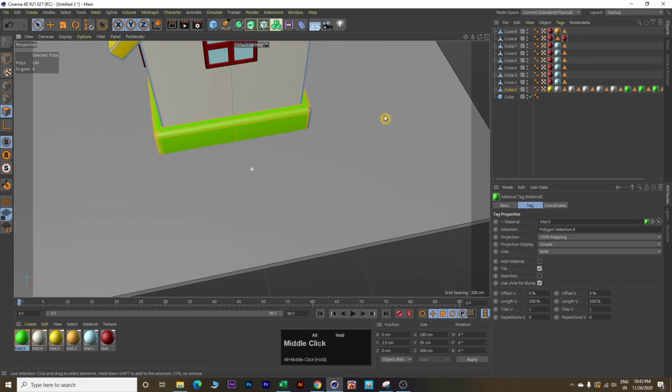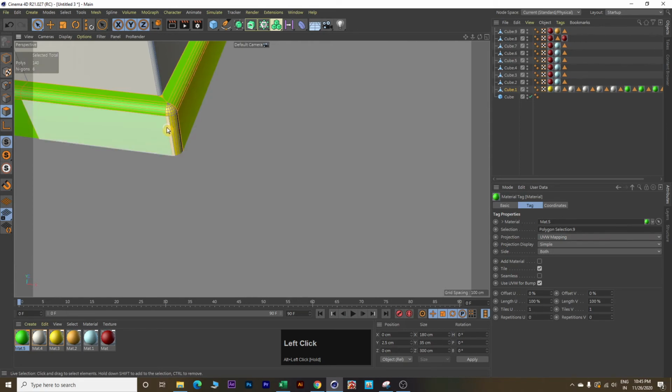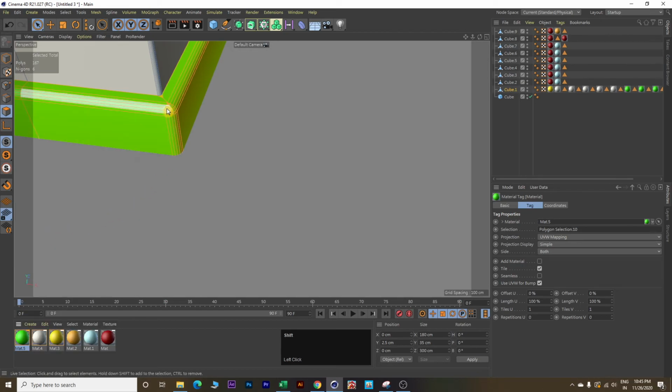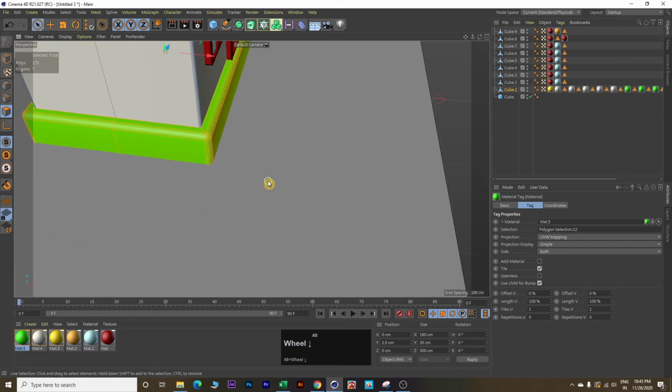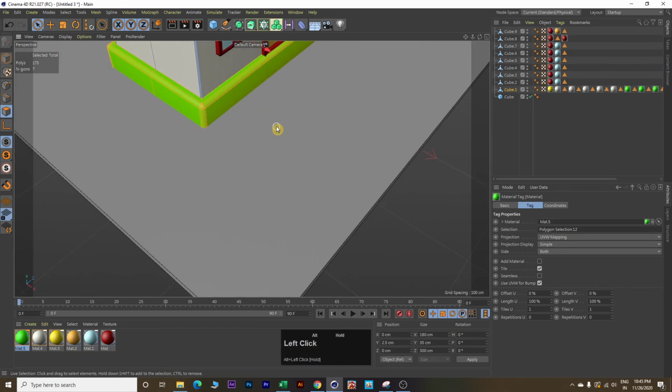Again move your house, bring it closer, select these remaining parts, right click and apply. Select one more here, right click and apply. Select a few things more over here, right click and apply. Okay, so this looks good now. So the base is now green color.